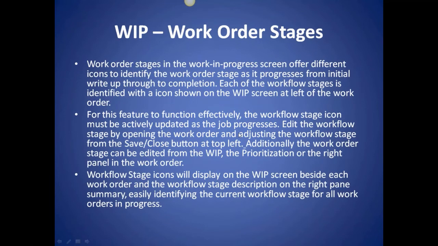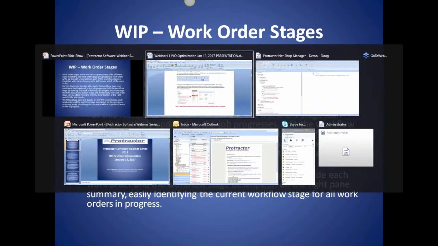Okay, our next topic for today is going to be work order stages. In the software, as we all know, jobs progress. Customer comes in, drops off the car, we do an inspection, we create an estimate, we either get in touch with the customer, we have trouble, we might have to wait on parts. There's a variety of scenarios, or what we're referring to as stages, as your jobs progress day to day.